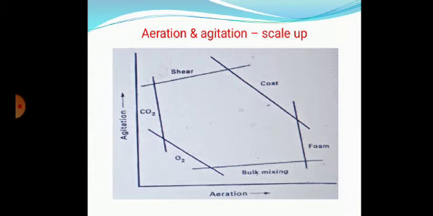And as you see in the diagram, as you increase the aeration, below you can see the aeration arrow mark is written. As you increase the aeration level, that is from 100 liters of air supplied per minute to 200 liters of air per minute, or 300 liters of air per minute to 400 liters of air per minute, like that, when you increase the liters of air supplied per minute, we call it an increase in aeration. You can see oxygen also gets dispersed properly, bulk mixing takes place properly, and you can see that by increasing agitation, foam also increases.